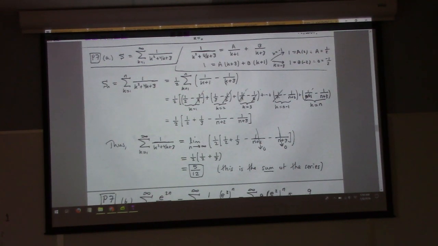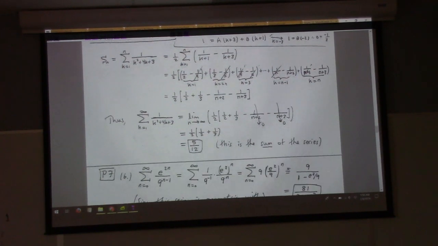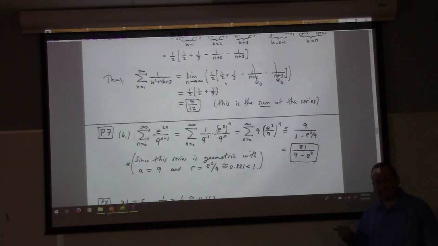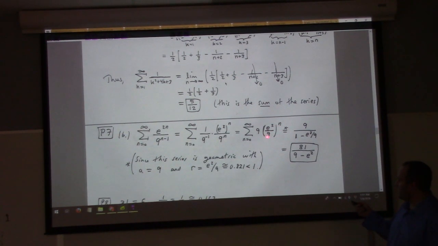This is what we commonly refer to as a telescoping series. You had another one in your homework that was a difference of inverse tangents, right? That was also telescoping, but there were no partial fractions to do. It's just telescoping because the formula I gave you was based on a difference summed. This one's geometric. So you just got to look at it and realize that that's 9 times e squared over 9 to the n. E squared is about 7 point something, so that's a fraction less than 1, which means the ratio of the geometric series is legitimate for convergence, which gives us that.